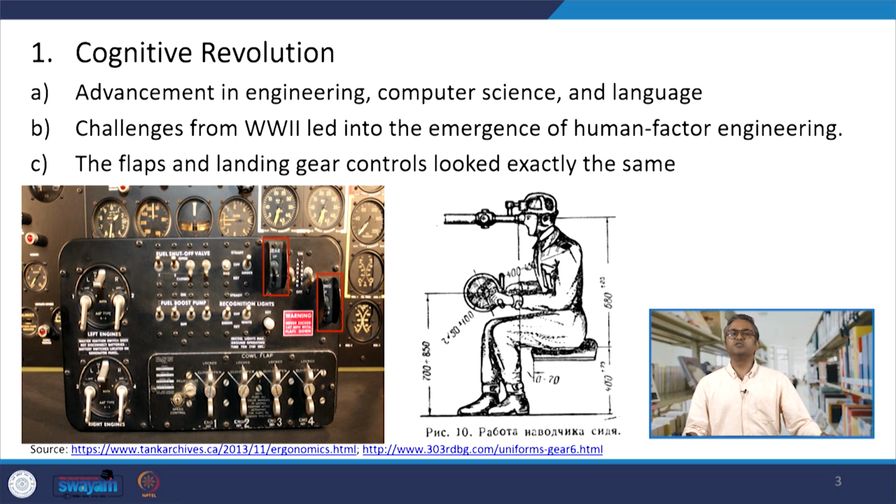Three important things occurred in this cognitive revolution. First, advancement in engineering, computer science, language. Secondly, challenges from World War II,